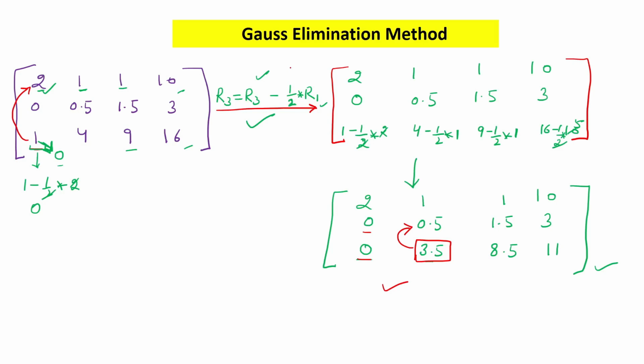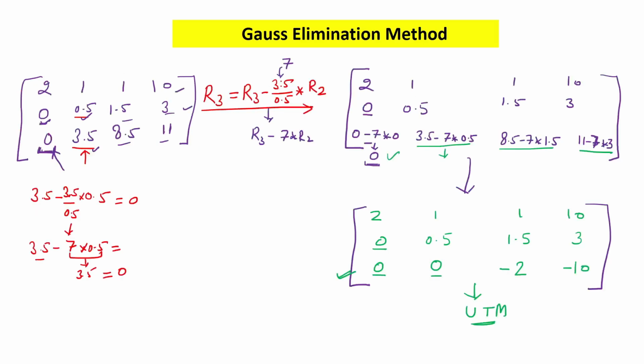The same way you have used 1 by 2 in the second row operation. So how did this 1 by 2 come? This R3 has to be changed using this R1, and in a similar manner here you have written this as the ratio. So here you changed this row using this row. So you wrote 3 by 2 divided by this 0.5. So this way this ratio is coming. This will be very useful when we implement this using a C program.